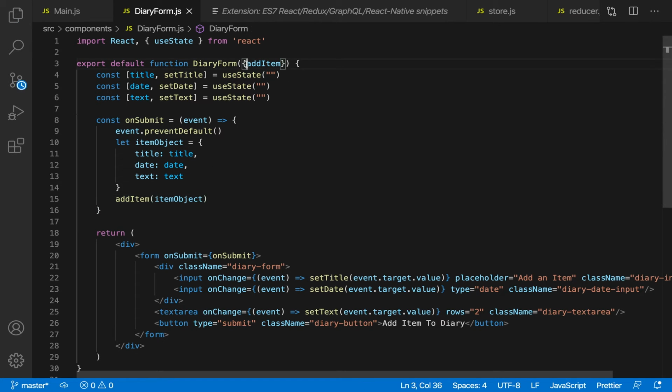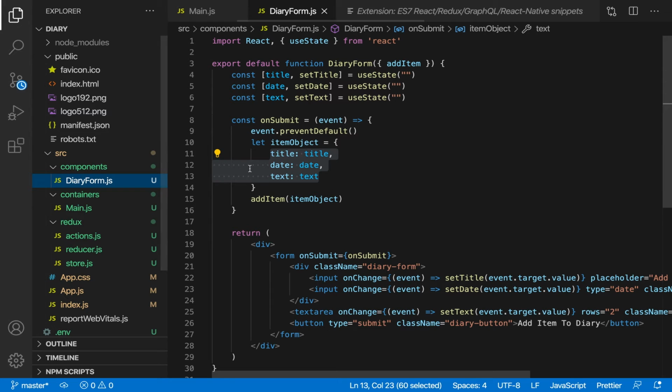So I prefer this way much more. Okay, so basically what's happening, let me explain all of this again. We are calling this add item function that is being passed into us as props. We are passing in our item with the title, date and text, which is what the user has added, and we are passing them into the add item function, which is being passed in as props to this component from